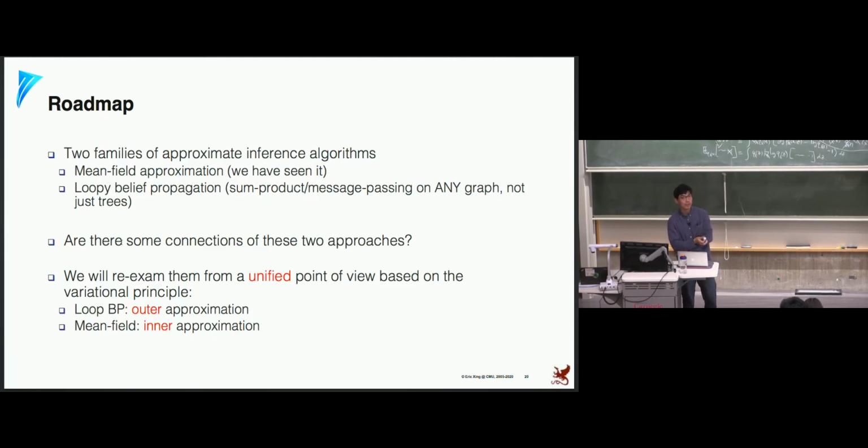As an example, the homework problem on HMM is a tree graph, right? HMM is a tree, so that's why you can use the belief propagation algorithm. But when the graph is not a tree, can we still apply BP no matter what? So that's the intuition behind loopy BP.